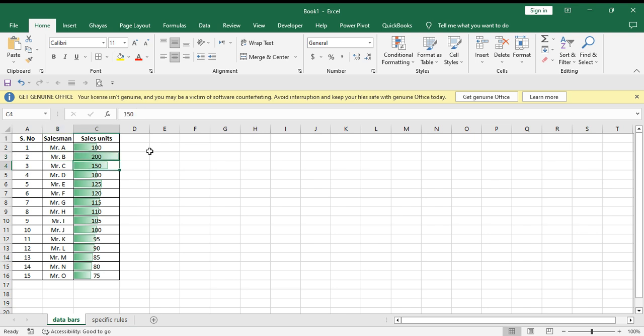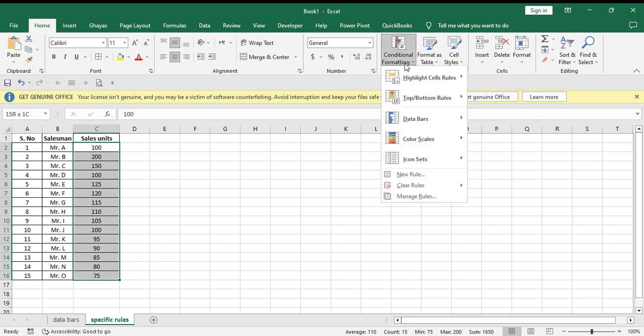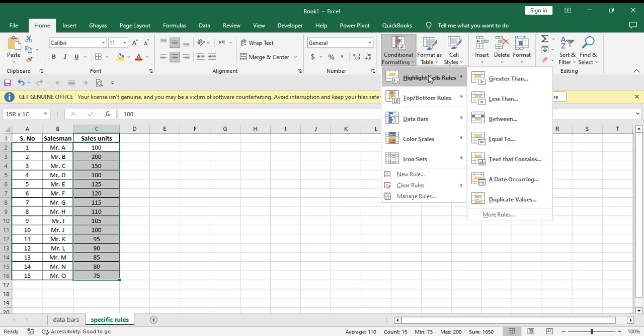And the second highest is 150, which is the sales made by Mr. C, the salesman C. Here you can see, so on and so forth, the highlighting of sales. And we have another option to use this conditional formatting for any specific kind of rule. If we are using the same example and click on conditional formatting, create our own new rules, we can actually